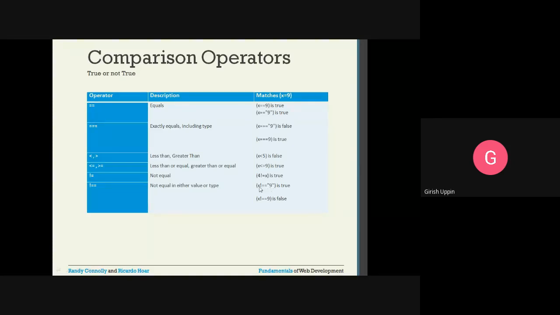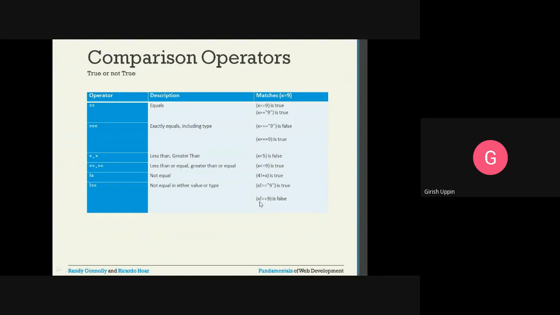Now x value is 9, and it is not equal to this value, which is false. They are equal, right? But the answer is true. The reason being, this x is a number, not equal to a string, that is true. So it has resulted in the answer as true.